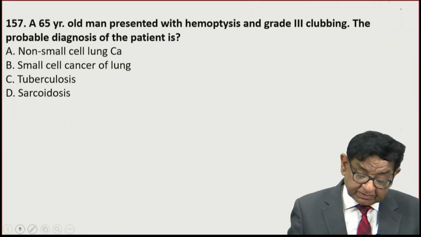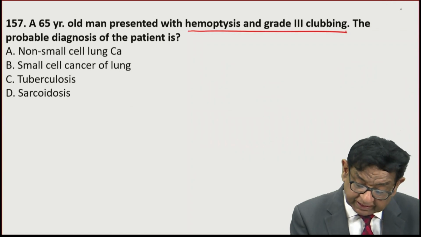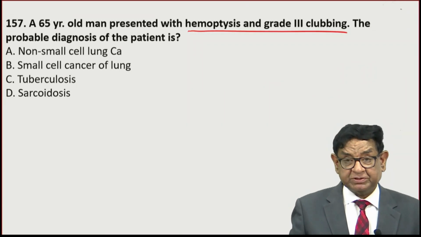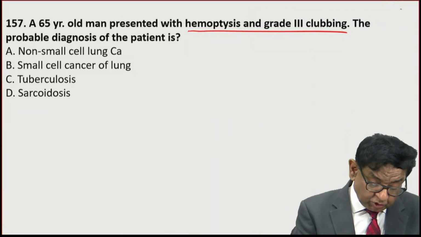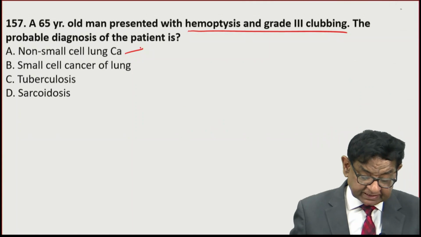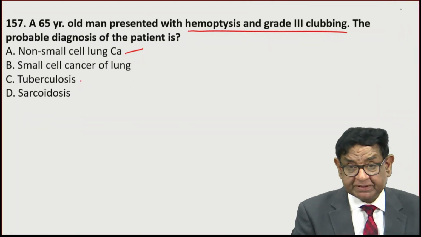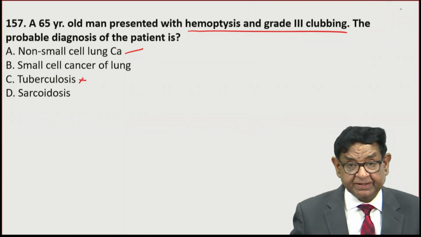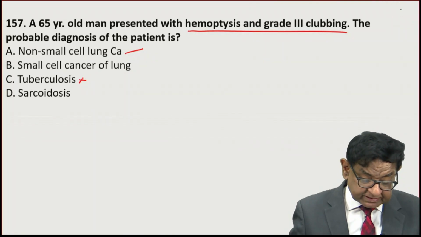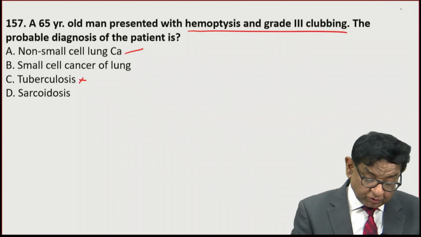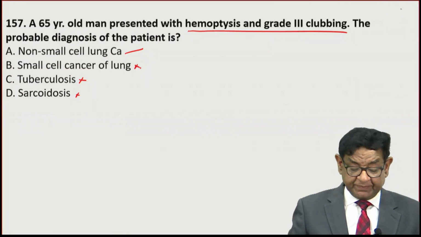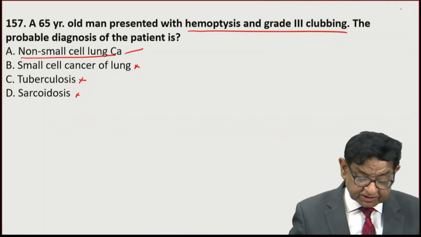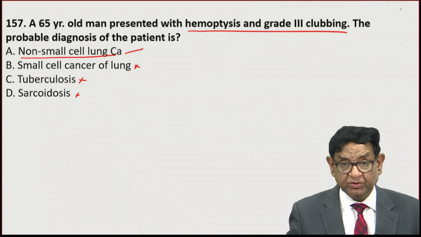Hemoptysis and grade 3 clubbing? Probable diagnosis is, well, most likely is non-small cell lung cancer. In TB, hemoptysis occur, but clubbing is usually not a feature. Similarly, in sarcoidosis, you may get clubbing, but hemoptysis is not a very important feature. Small cell lung cancer does not have clubbing. The non-small cell lung carcinoma is the best answer. Okay, well,